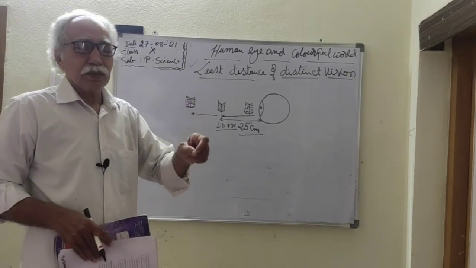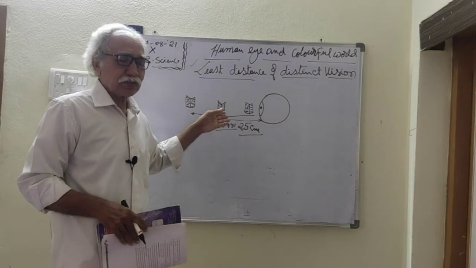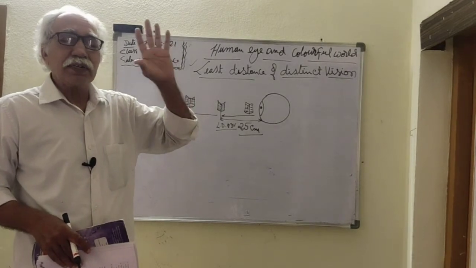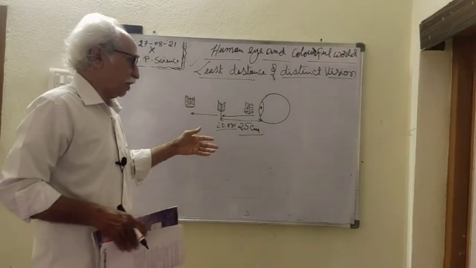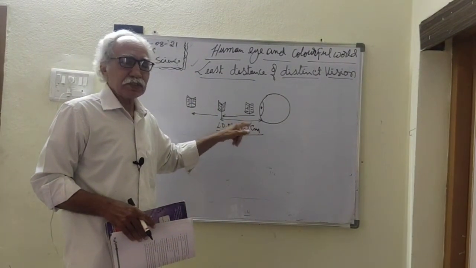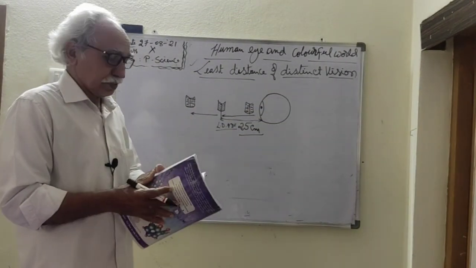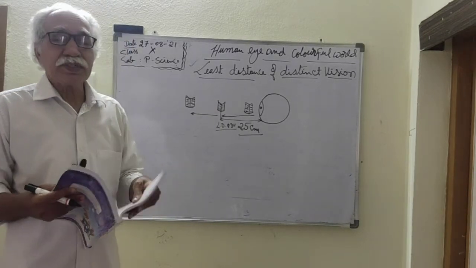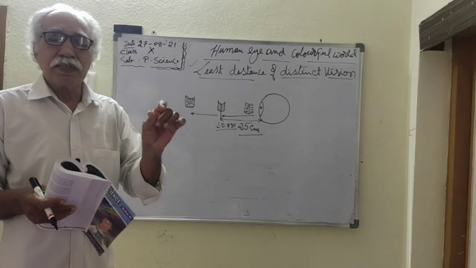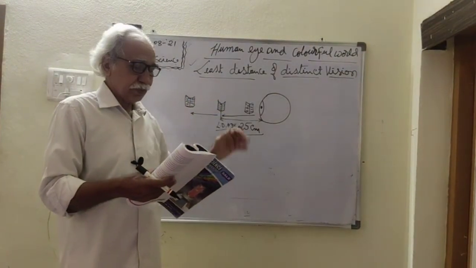In some people, depending upon age and other factors, it may be 26 centimeters or maybe 24 centimeters. At that distance they observe the letters of the book clearly. But on an average, for a normal human being, 25 centimeters is called least distance of distinct vision. So what is the least distance of distinct vision? Means the minimum distance where we are able to see the letters in the book clearly and brightly, and that distance from the eye is called least distance of distinct vision.